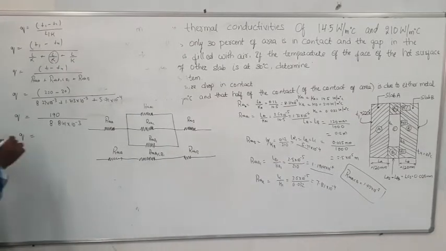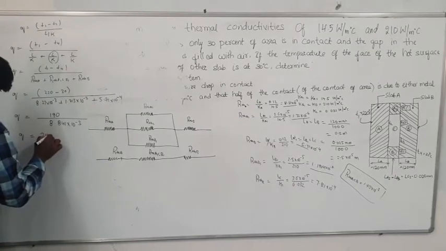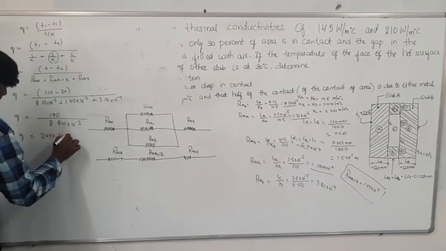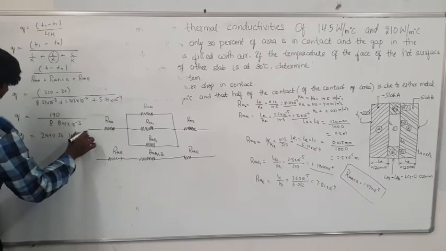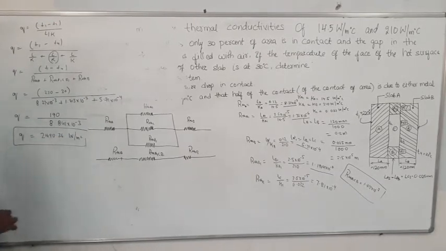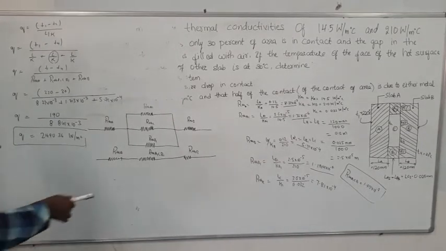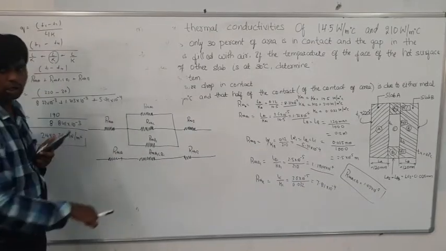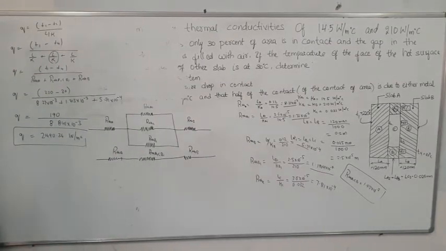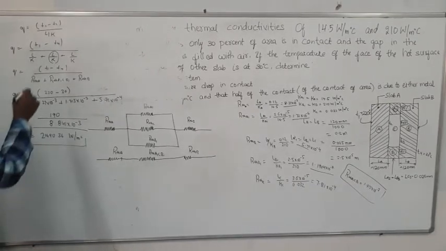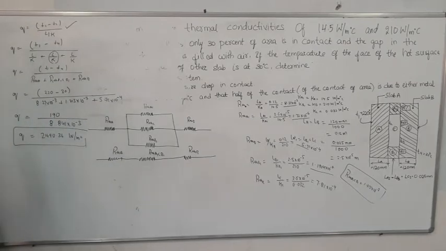So here you got 21490.36 watt per meter square. This is the answer for heat transfer. Like that, if 4 is also given, suppose 1, 2, 3, 4 also given in parallel, first you have to try to convert into series. After that you have to substitute in this. But in examination, try to derive this one. q is directly proportional to A dT by dx. After that only you will get this one.